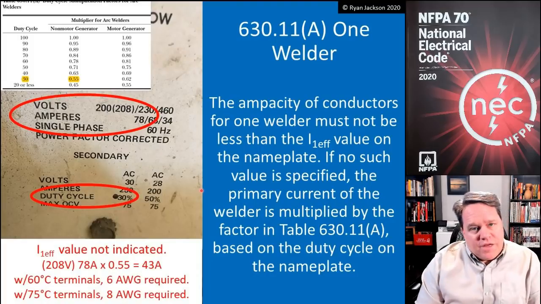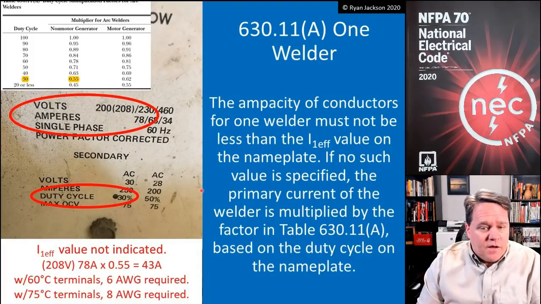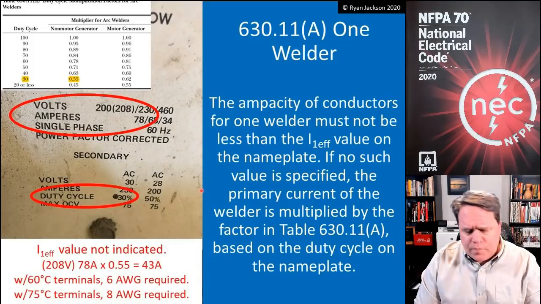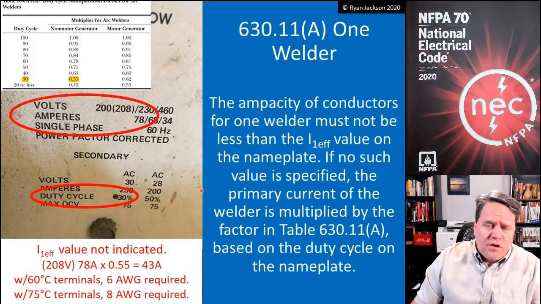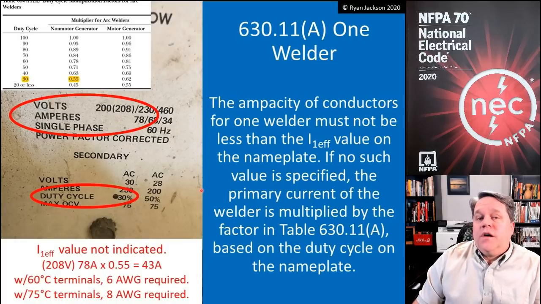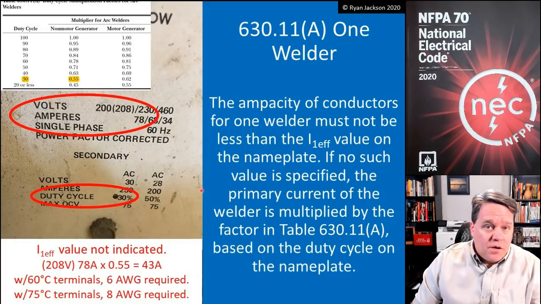So once we do the math, 78 amps times 0.55 equals 43 amps. So we need a 43 amp conductor. If you're familiar with conductor sizing, you might remember back in Article 110, section 110.14(C)(1), it says